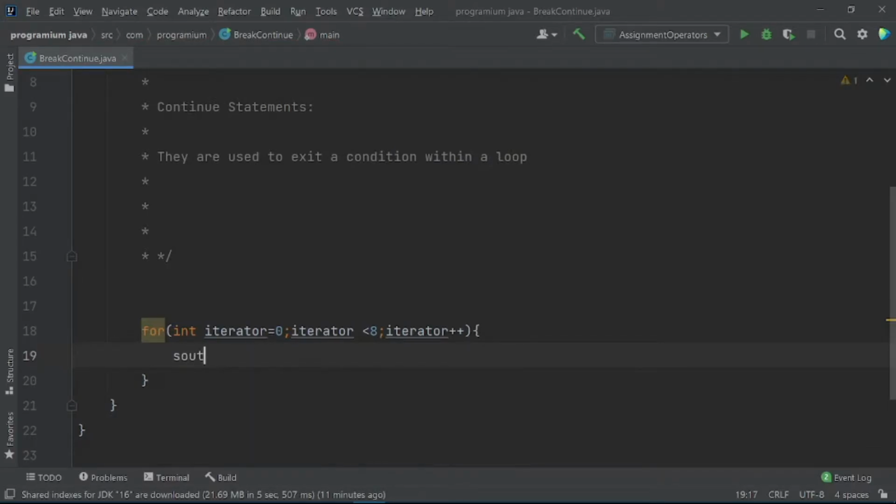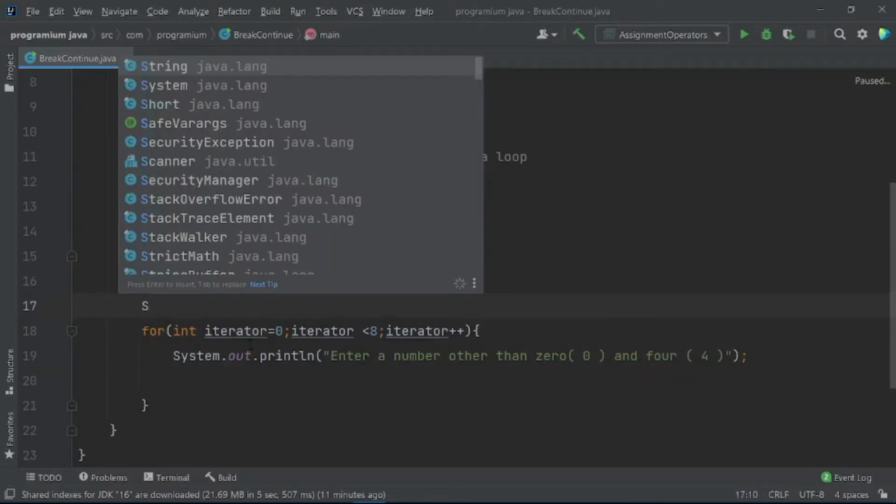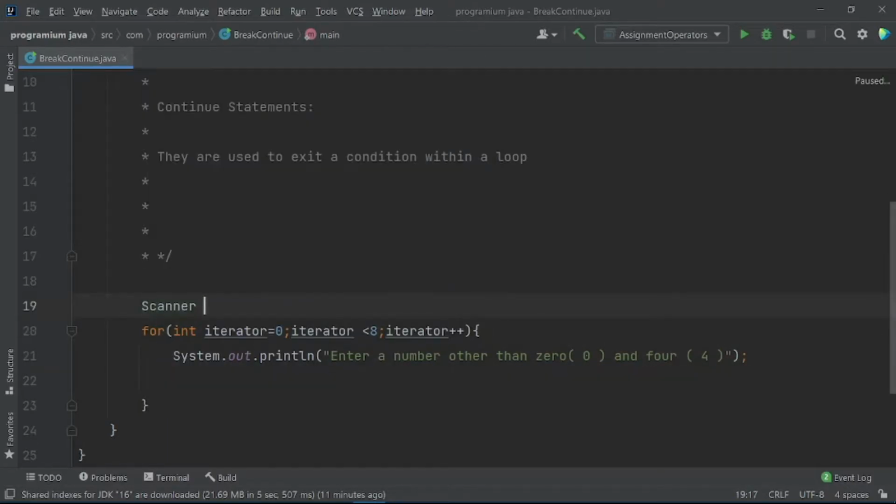We will first ask the user to enter a number other than 0 and 4. Let us write that like this. Let us create a scanner object here by the name of input equals new Scanner(System.in).